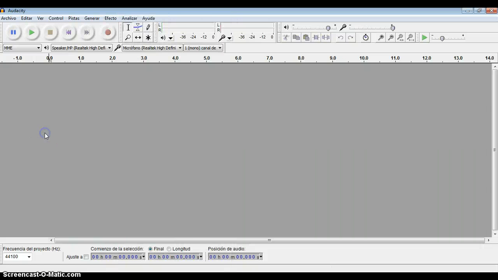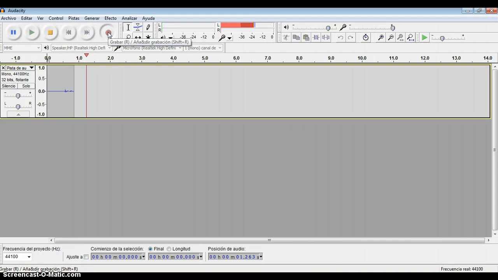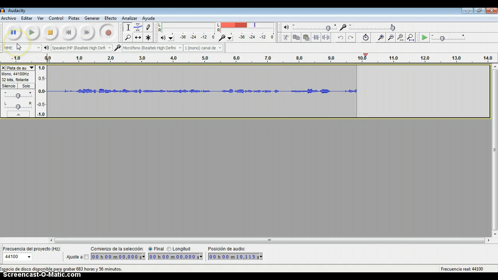Okay, so let's start to record a short message so I can show you how to use these important tools. Okay, so I'm going just to record a very short message. Hello everybody, I'm trying to explain how to use Audacity to record and to edit new files. I hope you find this useful. Okay, I'm so sorry you won't be able to hear this, but